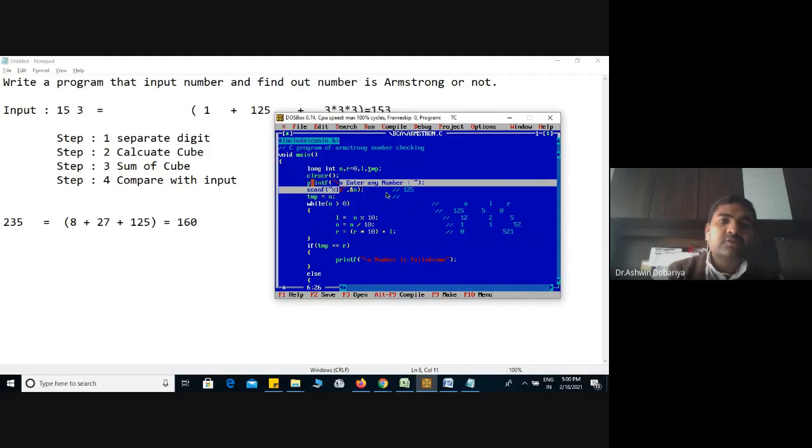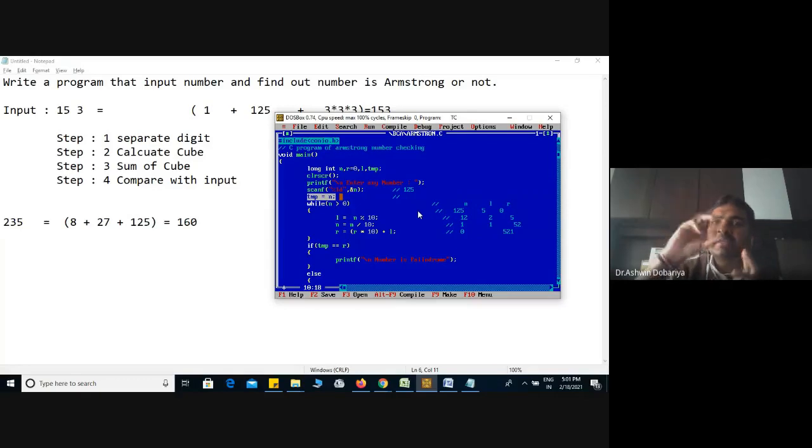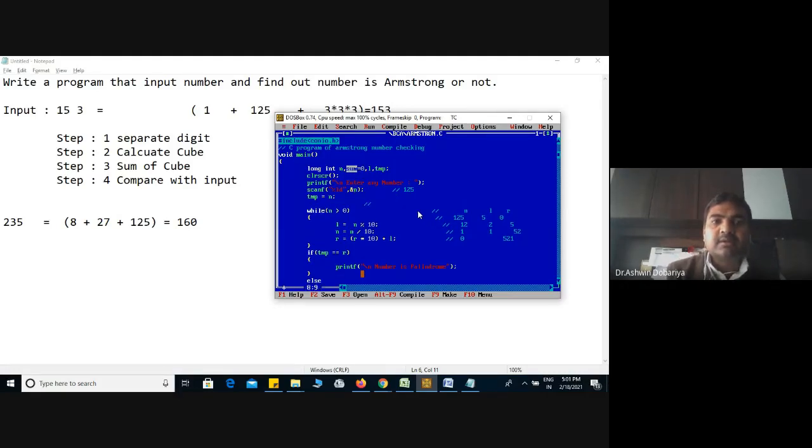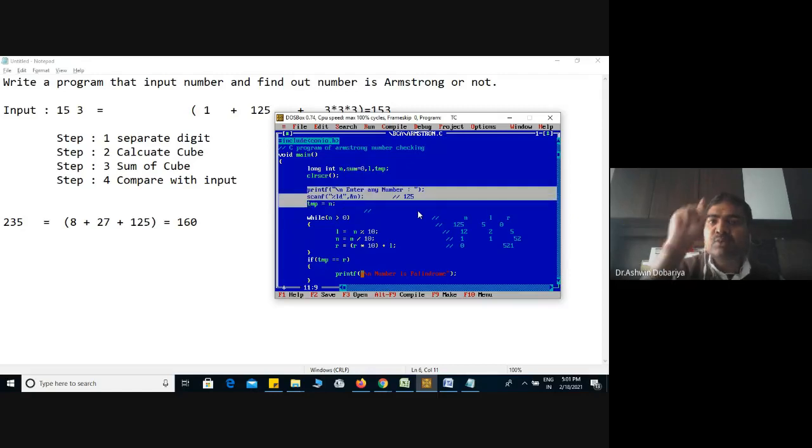In this program also, we will input one number from the user, that is n. Then again we require a comparison, so we also take a temporary variable because we have to compare the original value with the sum. Here not a reverse, but we have to calculate the sum. So instead of r, we will say s, or you can give the variable name sum also. First we will take input of one number from the user.